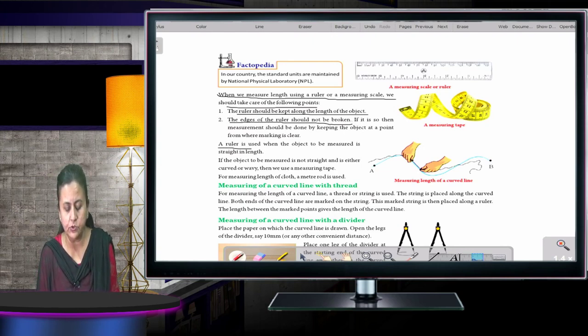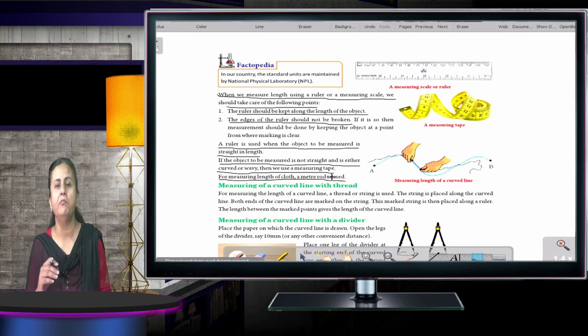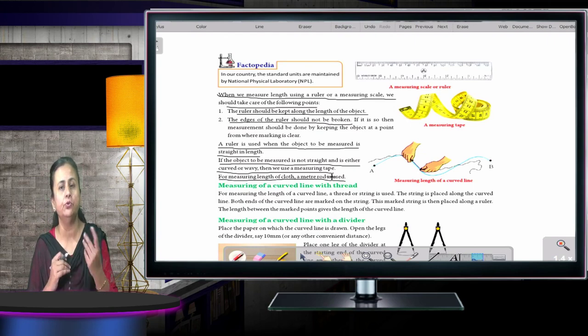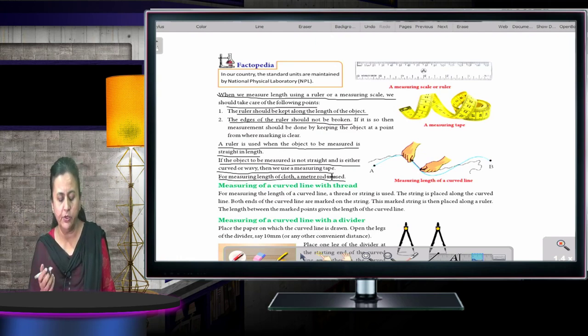Now a ruler is used when the object to be measured is straight in length, and if the object to be measured is not straight, it is curved or wavy, then we use a measuring tape, for measuring lengths of cloths, or a meter rod is used. In case the thing which you have to measure is straight, what do you use? You use a ruler. But in case it is not straight, it is wavy, it is zigzag, what do we use? We use a